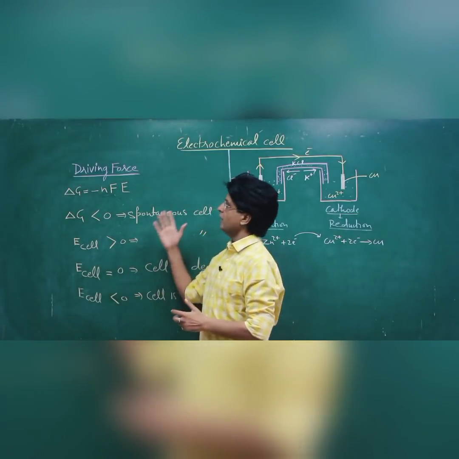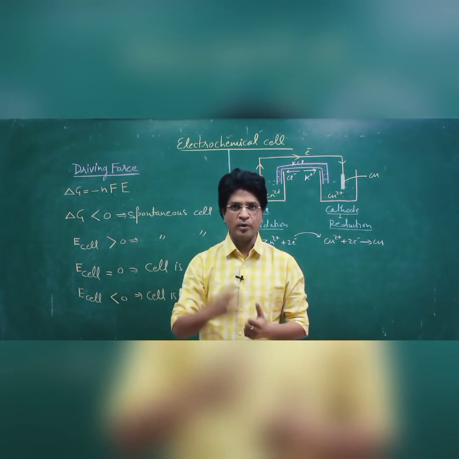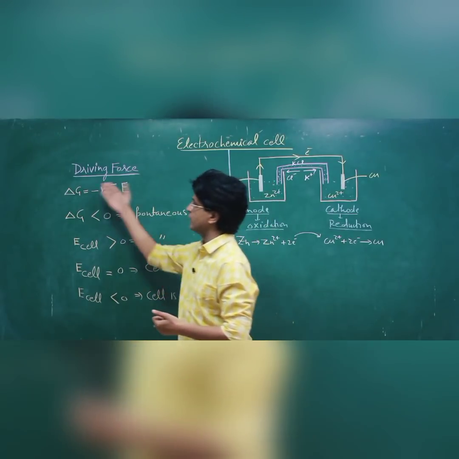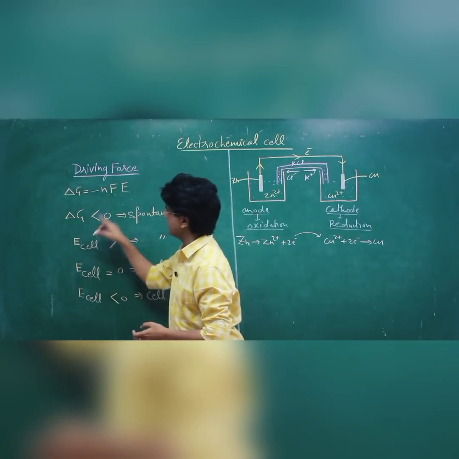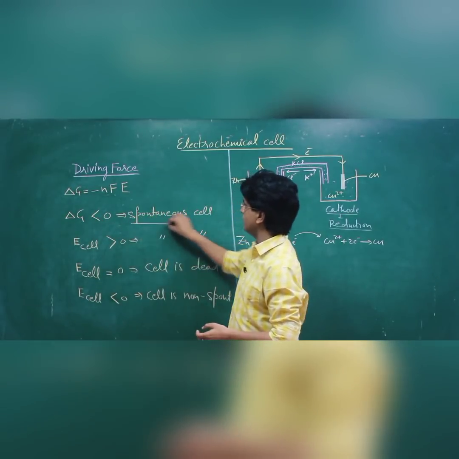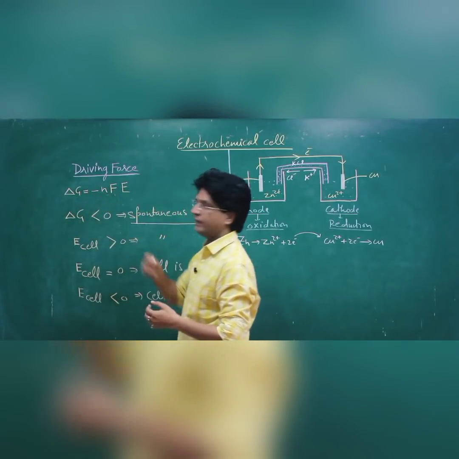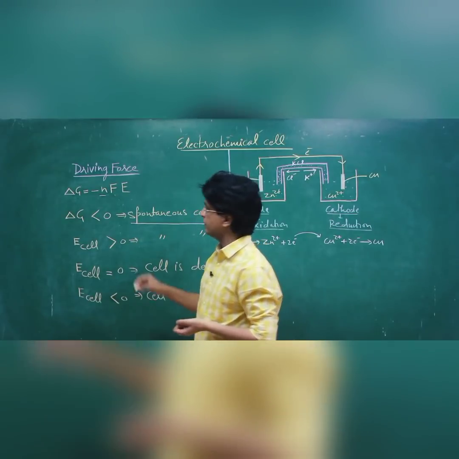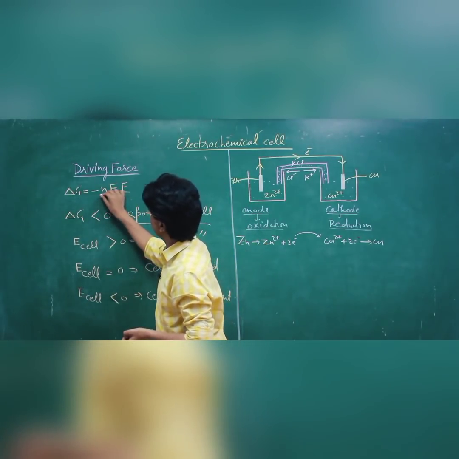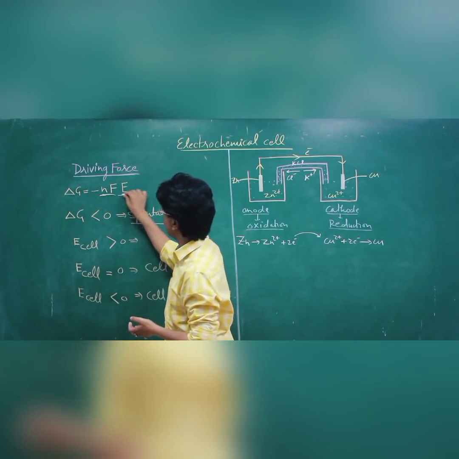Okay, so let's see what is the driving force of electrochemical cell. Like all processes in the universe, the driving force is delta G, which is supposed to be negative. Now see, if delta G is negative, less than 0, the cell will work spontaneously. Here delta G is equal to minus nFE. n is the number of electrons transferred while performing the reaction. F is Faraday. These both are positive. If you want delta G to be negative, E has to be positive.